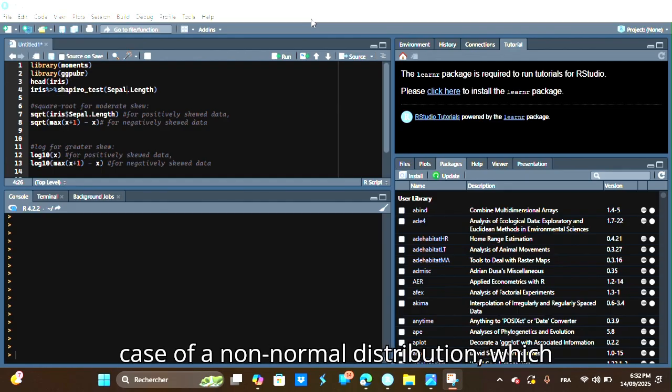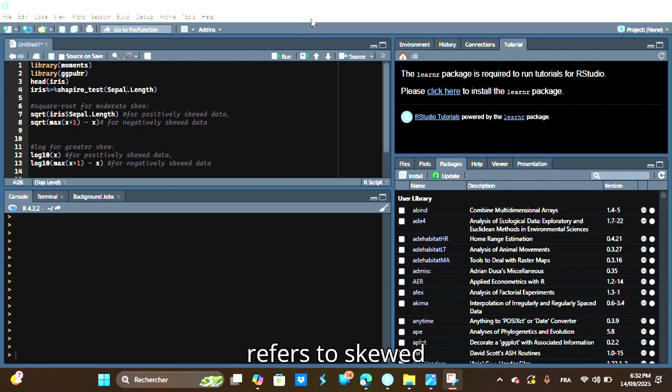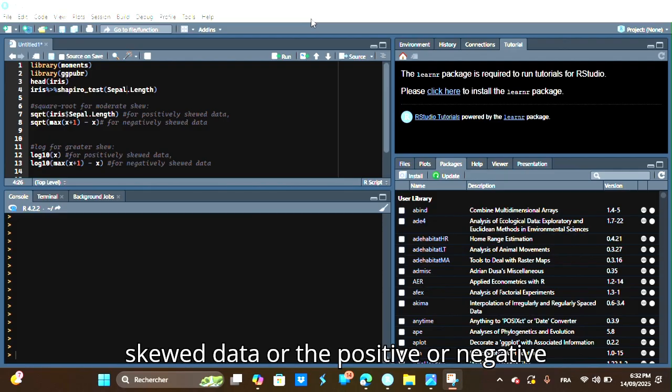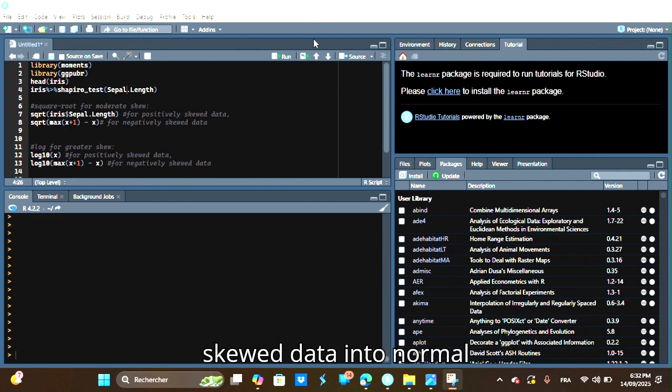In the case of a non-normal, skewed distribution, we cannot use this kind of parametric analysis or parametric test. So there is a twist. We can transform the skewed data, positive or negative, into normally distributed data